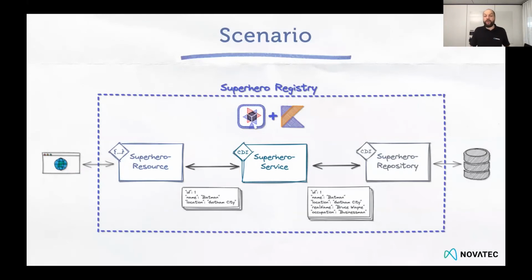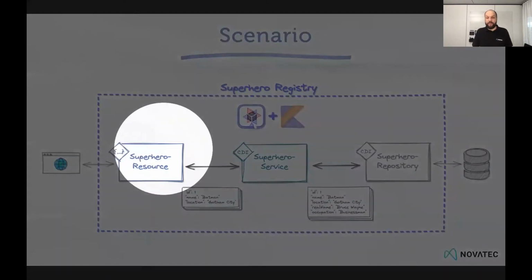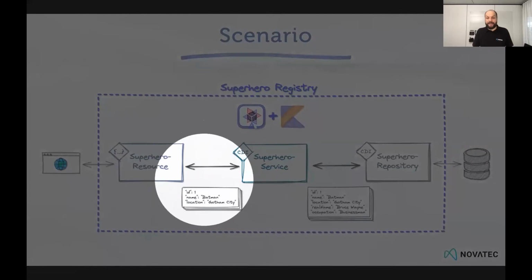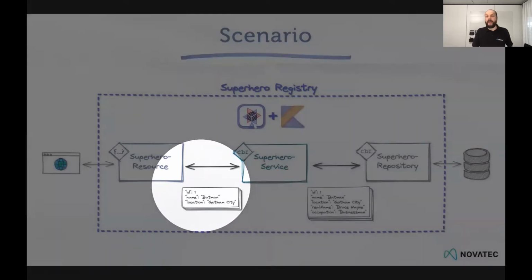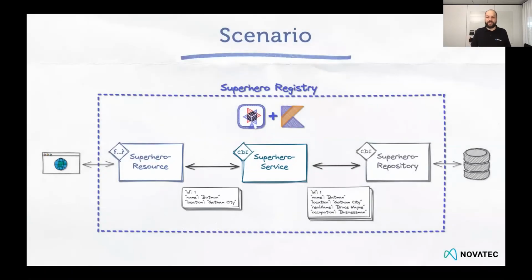So we need to anonymize our superheroes, and we just hand out here that a superhero is, his name is Batman and he lives in Gotham City, and that's Bruce Wayne and he's a businessman. So that's the business logic we're going to test in a minute. Okay, so that's it. What we're going to create later, I'll show you the application first and we see if